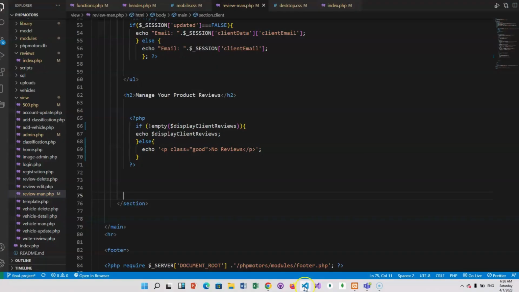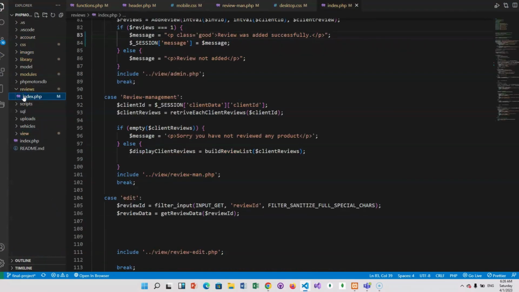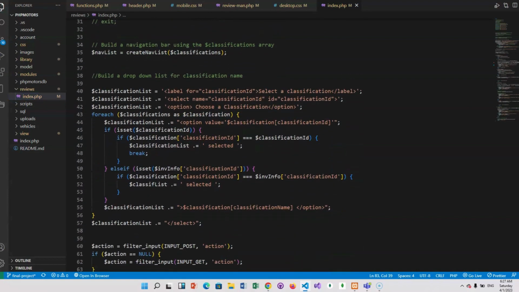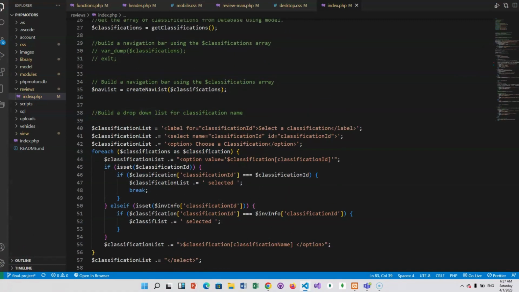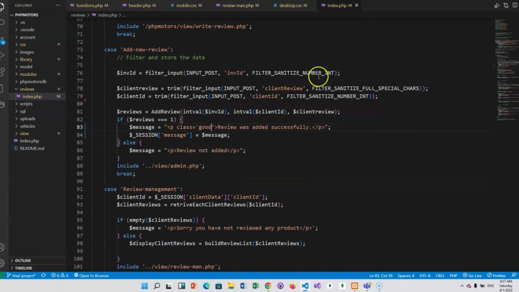Now behind the scenes, I created a new controller in the code reviews, and this new controller is the one that's handling all the up and down of the review functionality within this website. What this means is that each time that we click new review or add review, it's handling it. For example, when you click add review,